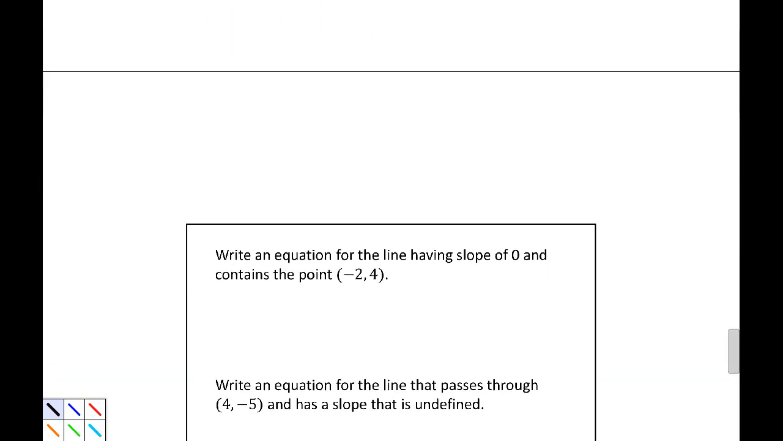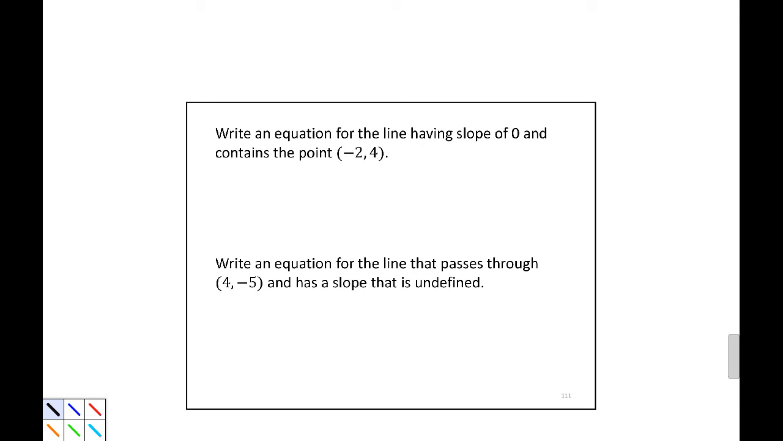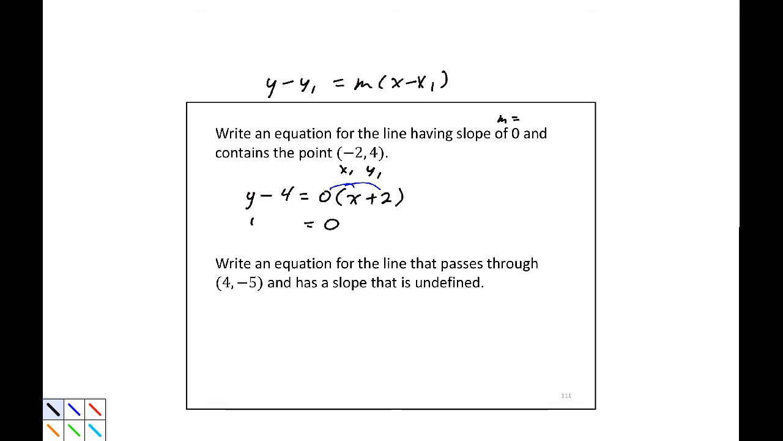Now for our last example, write an equation for the line having slope 0 that contains the point -2, 4. Well, here's my slope. Here's my x1, y1. I can go straight to my point slope. All right, y minus y1, that's y minus 4, equals 0 times x plus 2. Well, if you notice, distributing this 0, that just means I have 0. 0x plus 0. y minus 4, so when I add 4 to both sides,